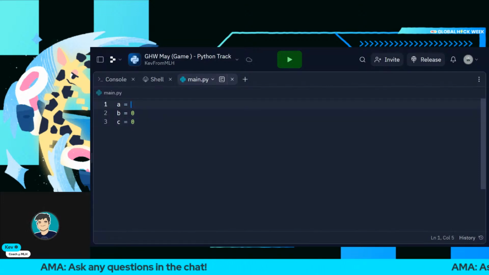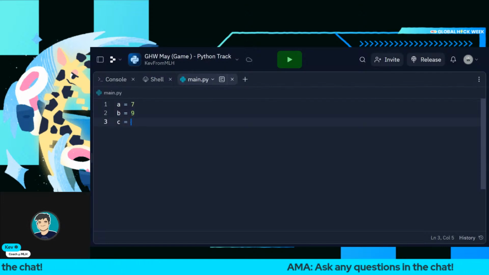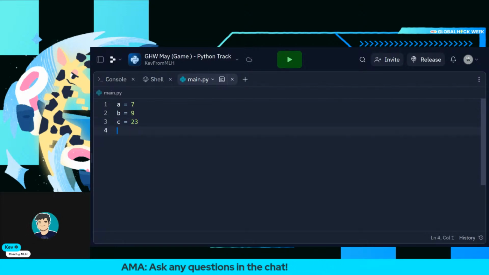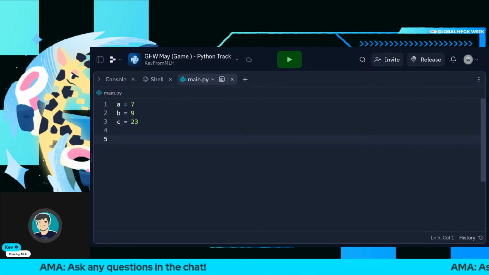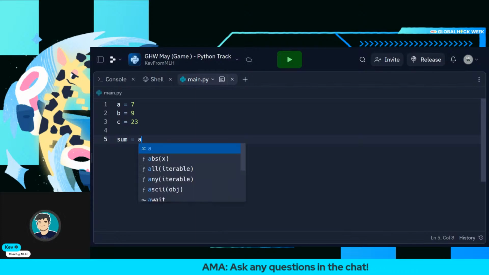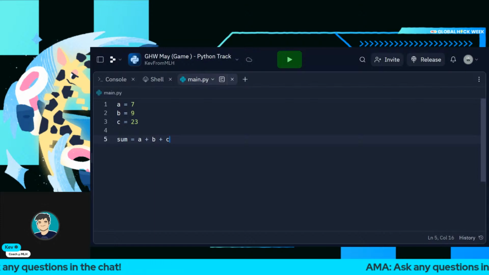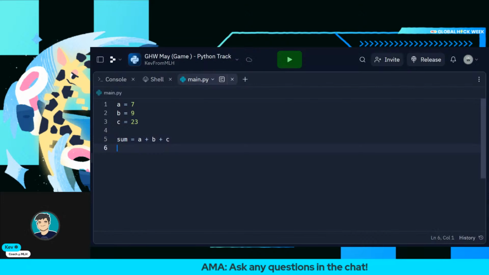So let's say a is going to be 7. b is going to be 9. c is going to be, let's do 23. So, for example, if I want to make a variable called sum, what I can do is sum is equal to a plus b plus c. So you can see that the addition and the actual assignment operator are completely separate. And if I run this,